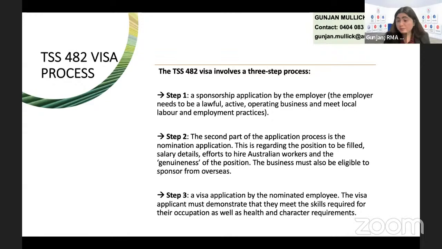The sponsorship is basically an approval from the department showing that the company exists. There's a lease agreement. The company is lawfully operating in Australia. The company is doing its tax returns. The company actually exists to sponsor, and it's running successfully. How you show the company is running successfully is by their profit and loss statements. The company is generating income, paying their taxes, and lodging the business activity statements.